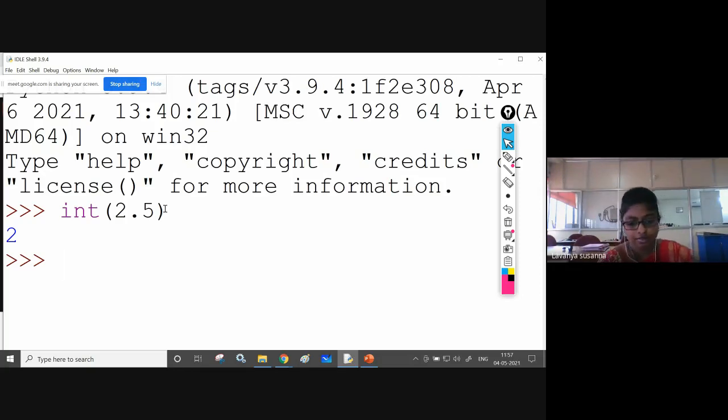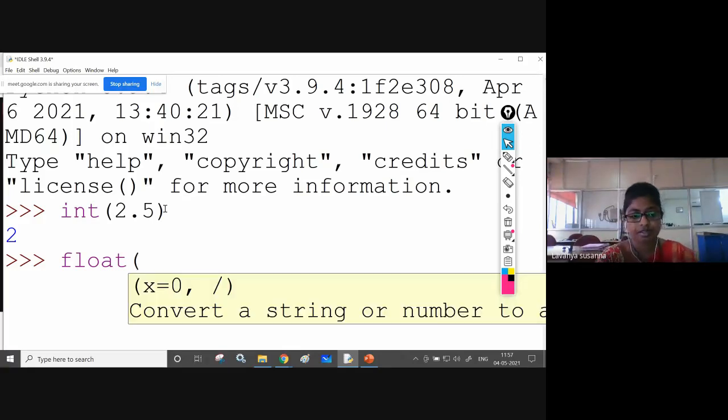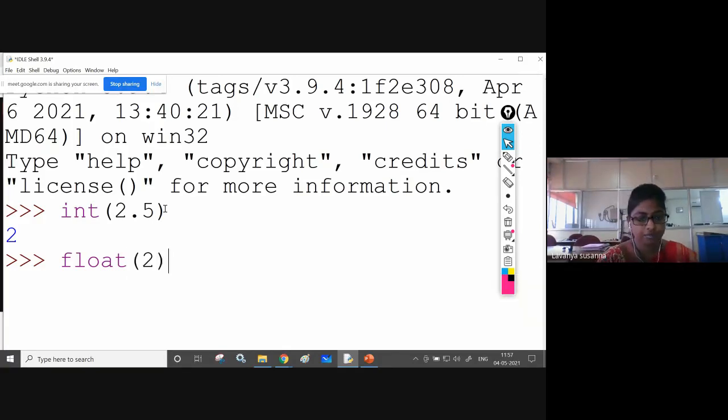Now, float. Float of 2. I am using the float function. What will the float function do? It will convert whatever you are giving into a floating point number. Here I am passing an integer. Now what is the output? See here, 2.0. It is a floating point number.